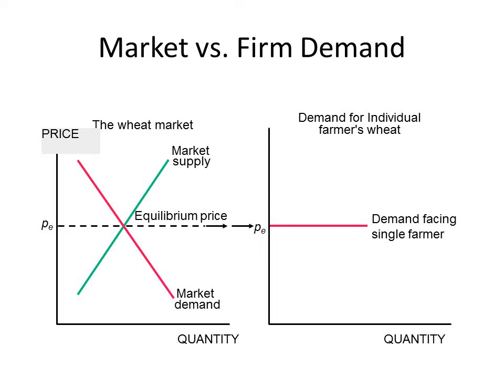Right-hand side, how does the individual farmer experience demand for the product he is selling? Economists call this example on the right here a perfectly elastic, E-L-A-S-T-I-C, elastic demand curve. In other words, the producer, the single farmer, the one among the many, is a price taker at the market price. It's important to remember this idea of each producer competing in a purely competitive market as a price taker.